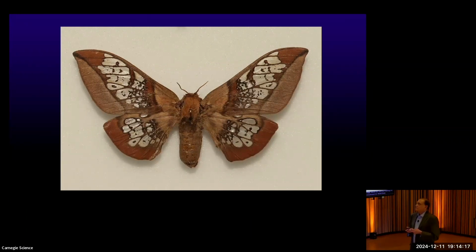But one solution that's unusual but does occur sometimes is to really stop scale development. So here's a moth from Africa, and it looks basically like a chewed up leaf. And in this case, these areas of the wings actually don't have scales on them. It's a bit of an unusual solution because the problem is if you make a lot of wing surface that doesn't have scales, it loses hydrophobicity and it wets really easily. So if the butterfly or moth lives in a humid place, the wings could get stuck together. So it's not a very common solution, but some butterflies and moths do it that way.